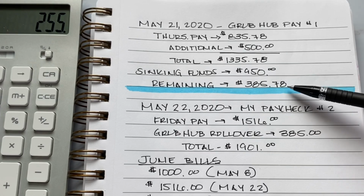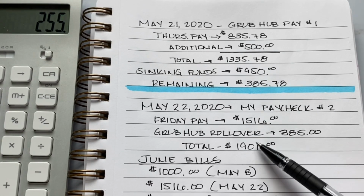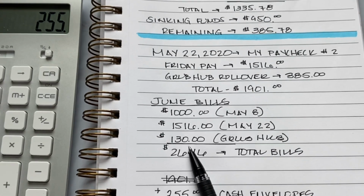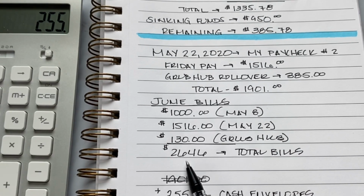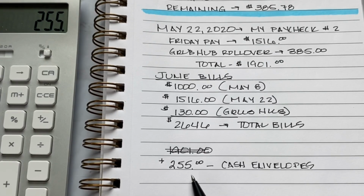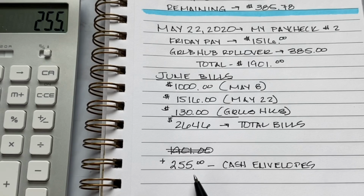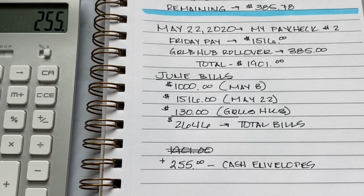So this was like my rollover. I rolled it in to this pay, which gave me $19.01, and I actually needed only $130 to reach $26.46, so that left me with $255 to stuff cash envelopes. So I'm going to do my cash envelope stuffing in a separate video, but I wanted to come back and